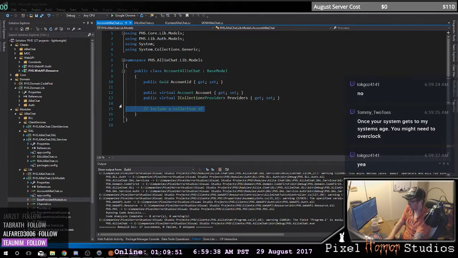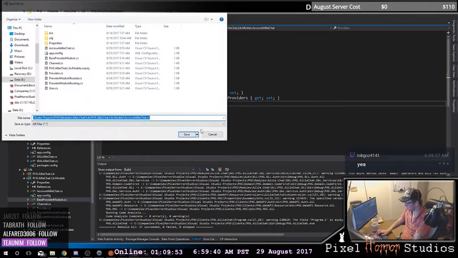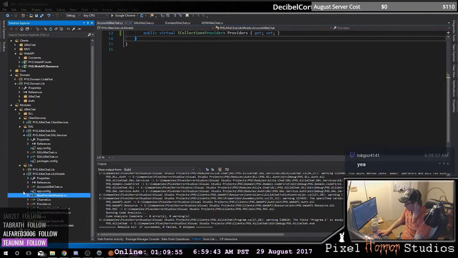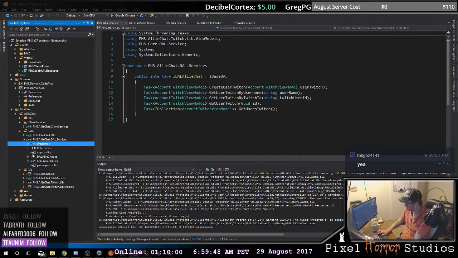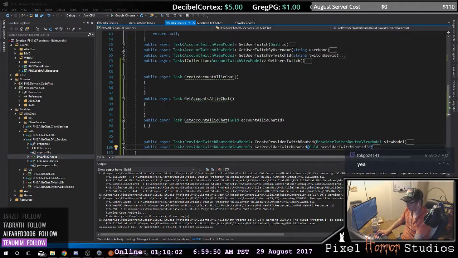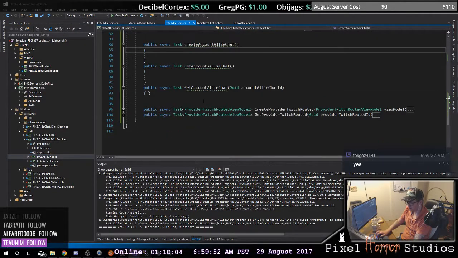Include a collection of, this is fine, okay? So now we need to come back down to, this is fine. We have our data access layer, this is fine. We have our services layer, which is what we were writing here. So here we need to create